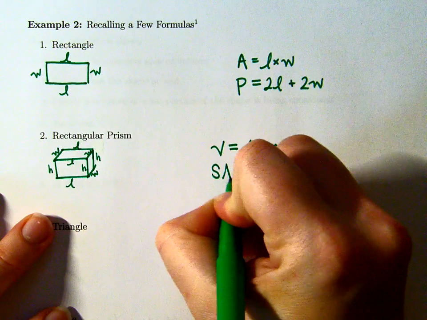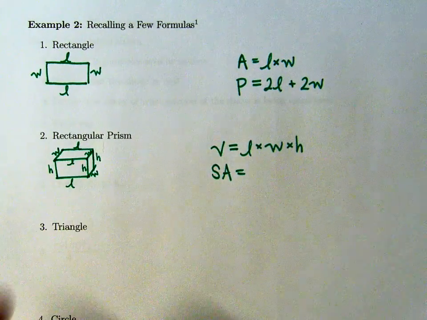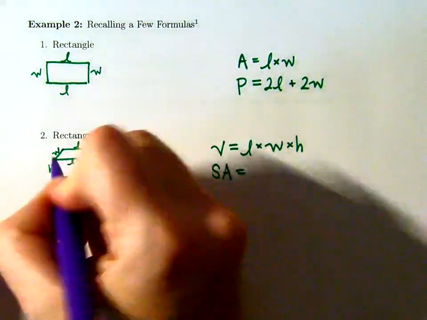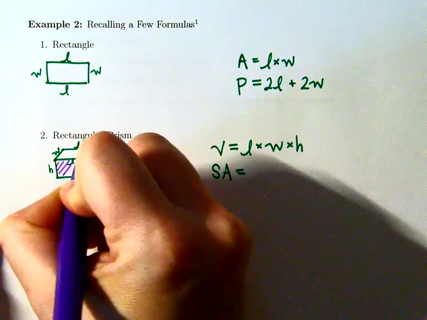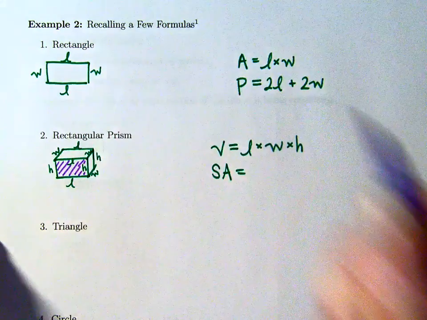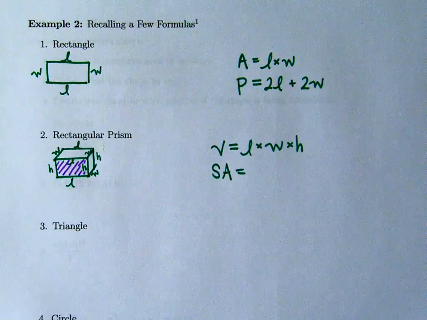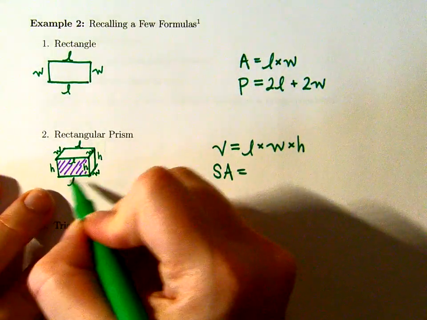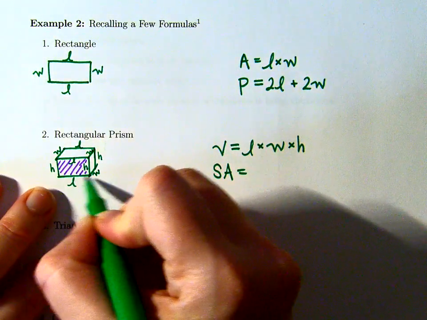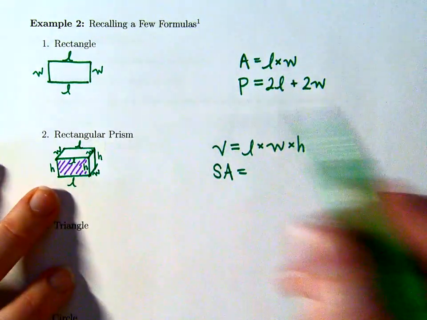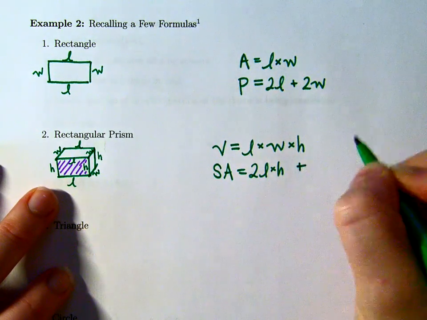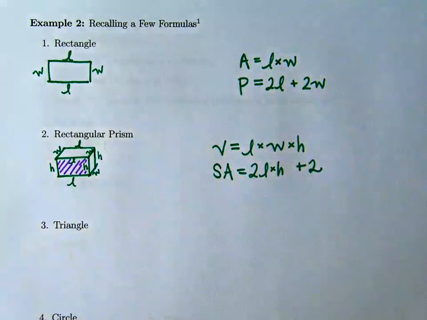And we could also find the surface area of this. I'm going to use a little bit of coloring here. Okay, this face in the front, there's another one in the back. So the front and the back, there are two. This is a rectangle, and this is a length by height rectangle. So there are 2 length by heights plus 2,